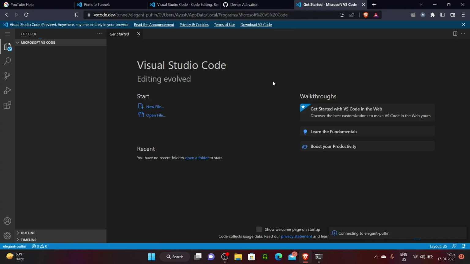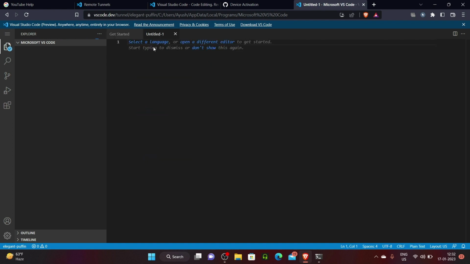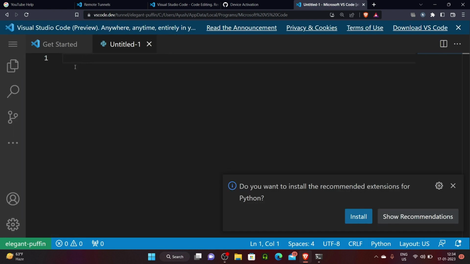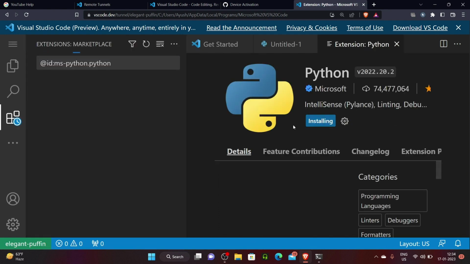So in these simple steps we can use Visual Studio Code in our browser securely. I thought of saving and running a simple Python file that generates a random number between 0 and 1 and prints it. So I install the Python extension,